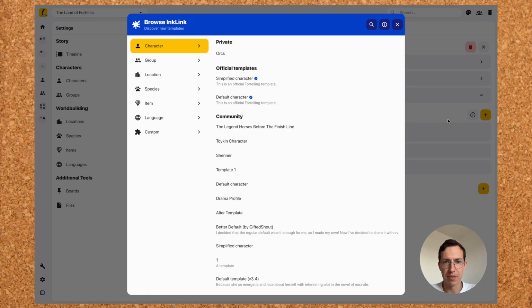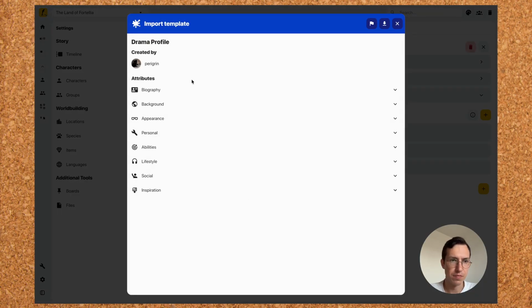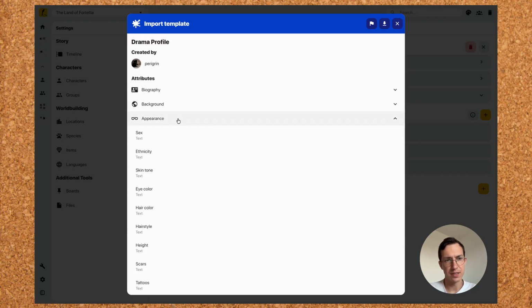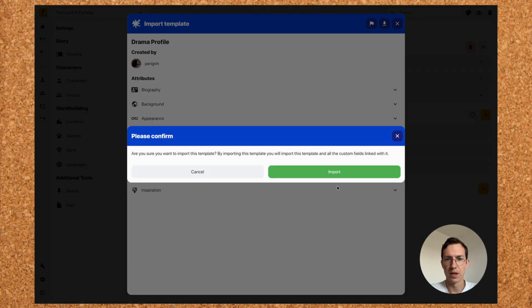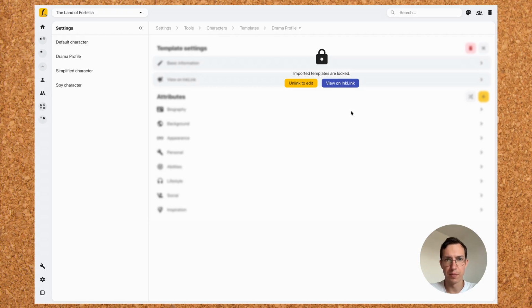Now the online Inklink platform will open up, and this allows you to browse the community templates, the official templates, or templates you created for yourself and that you want to share between your projects. So now let's say I want to open this drama profile. I select it and I can get a preview. So I see this user created this drama profile as the template. I can preview it, so I can open up the appearance, and based on this I can decide this is actually working for me. So I press the import button, I can confirm, and this will open up the Inklink